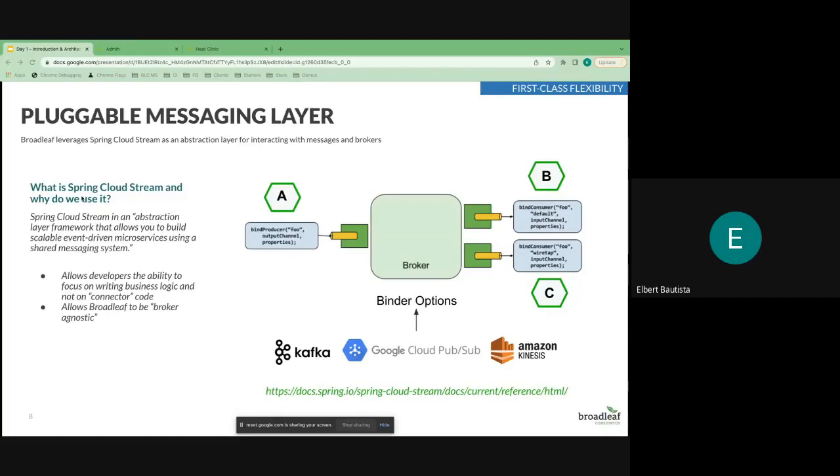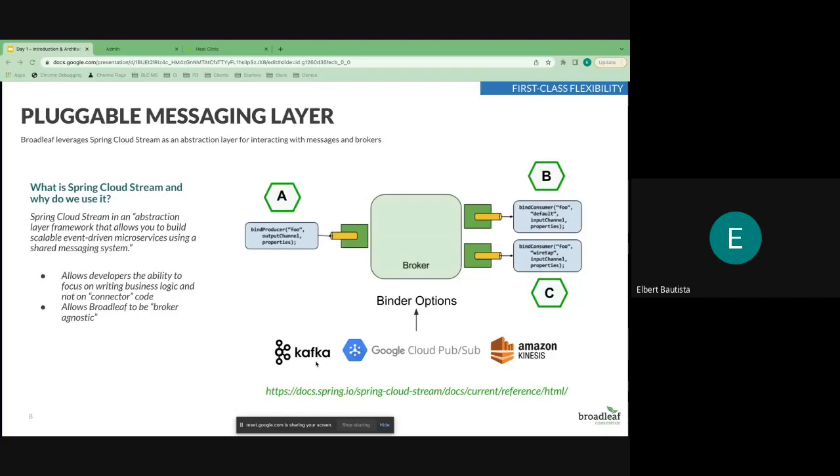Spring Cloud Stream allows you to abstract the details of particular brokers, instead of creating consumers and producers tied to specific brokers, it provides APIs that abstract those details away,